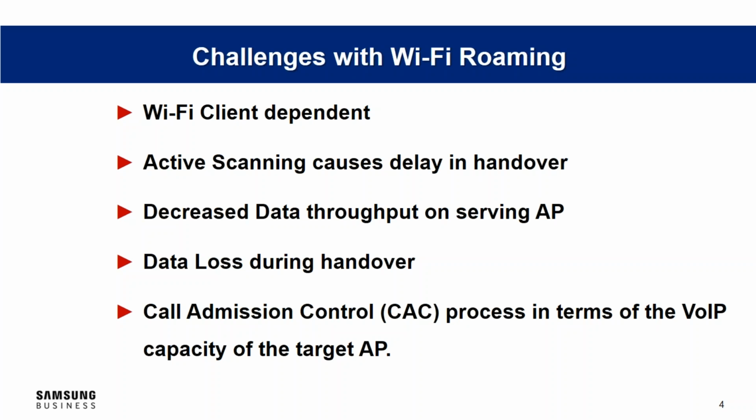So when we look at the AirMove, we're trying to fix some of these challenges. Now, there are technologies out there which help alleviate some of these. So if you look at